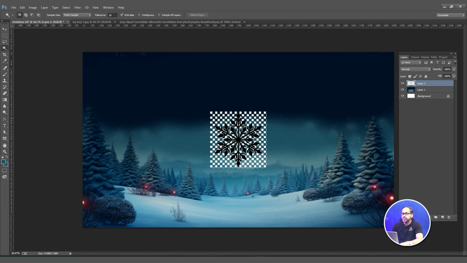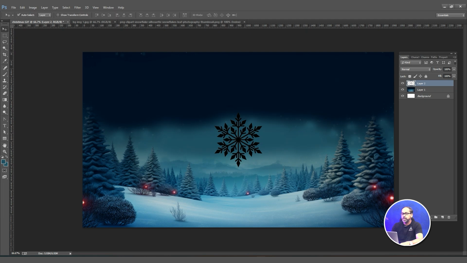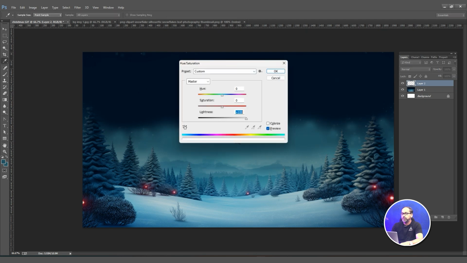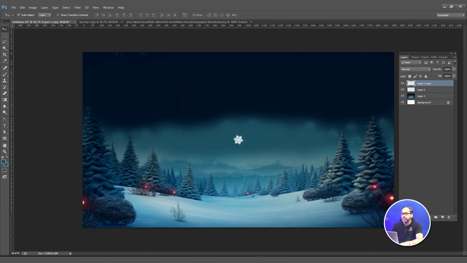Delete the background of this, bring it into the new layer and delete the complete background of it to make it a transparent PNG, and try duplicating this and create multiple copies of it. I'm resizing it initially and I'll change the color scheme of it with the help of adjusting the hue and saturation. I'm making it into white, creating a duplicate of it and scaling it further down